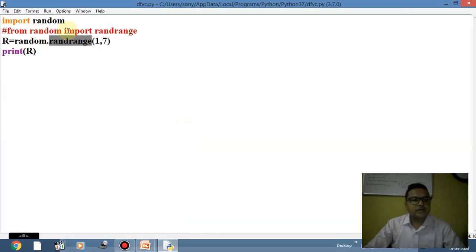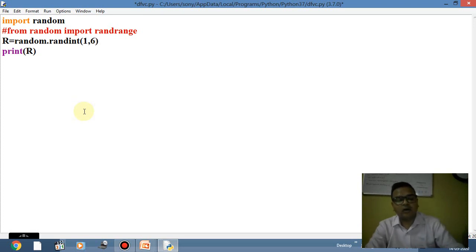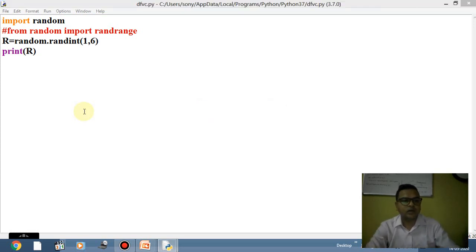So suppose I'm going to use randint right now. Let's use randint. So here we have the randint function, and if I'm going to make a dice, then right now 7 is not required, only 1 and 6 are required, because 6 as an upper limit can also be considered as a range value in this randint function. So now if I run this program, just check it out.